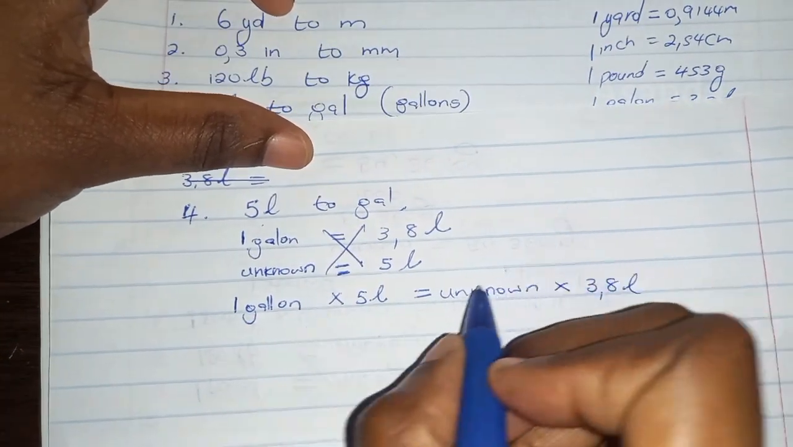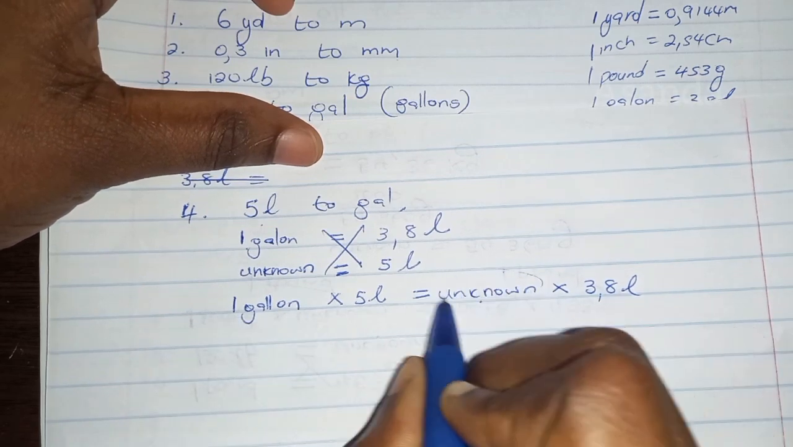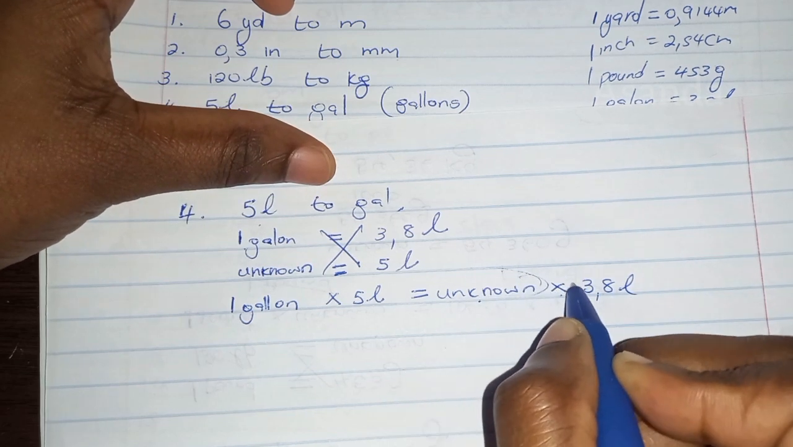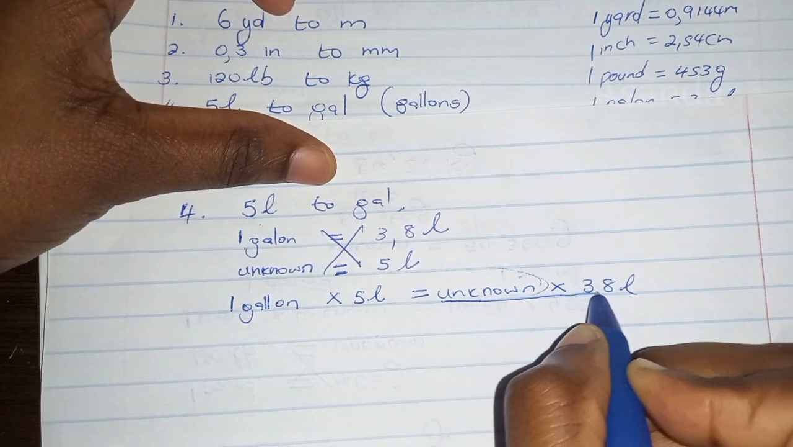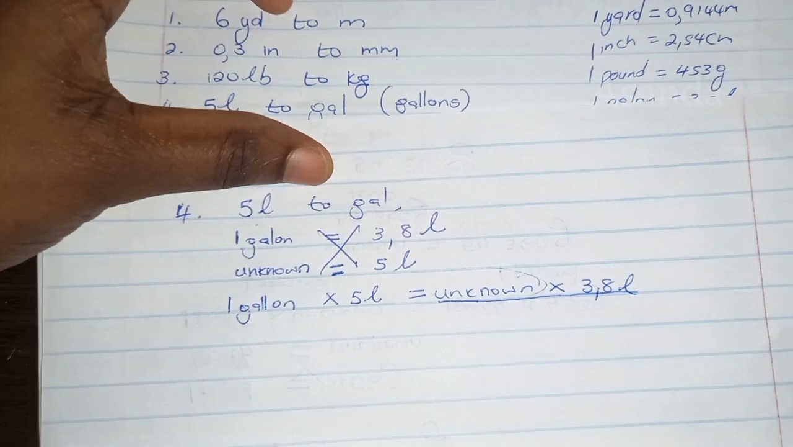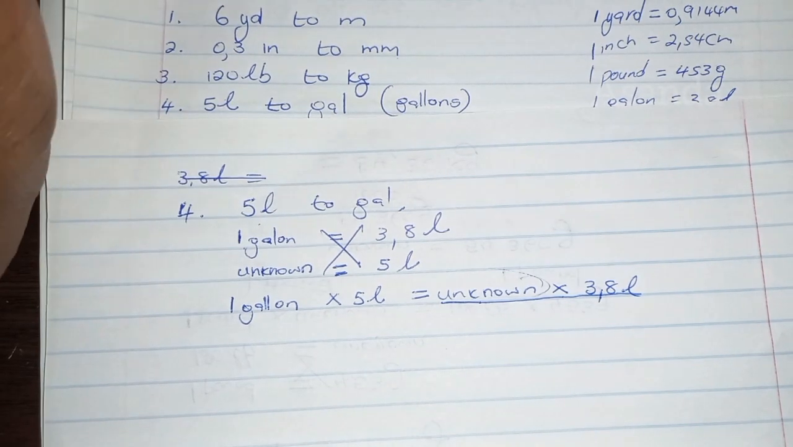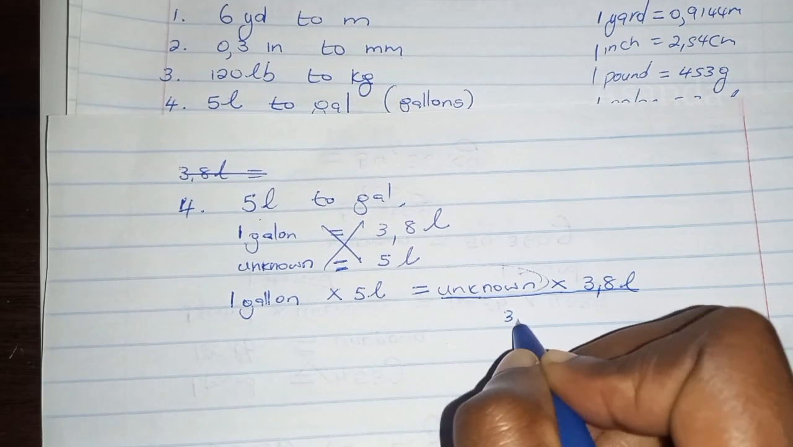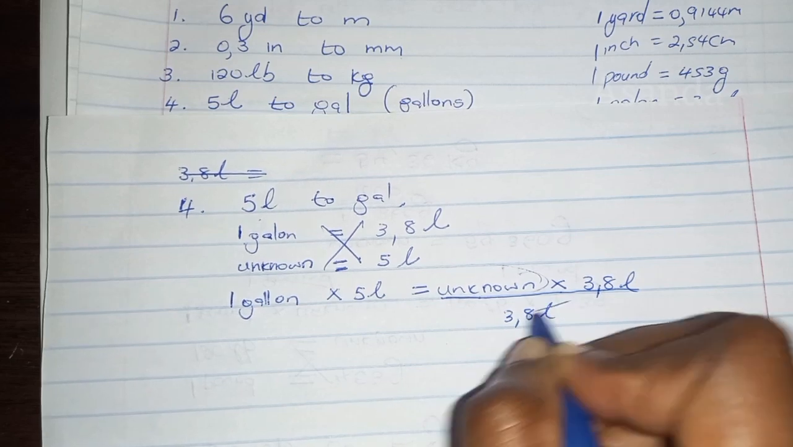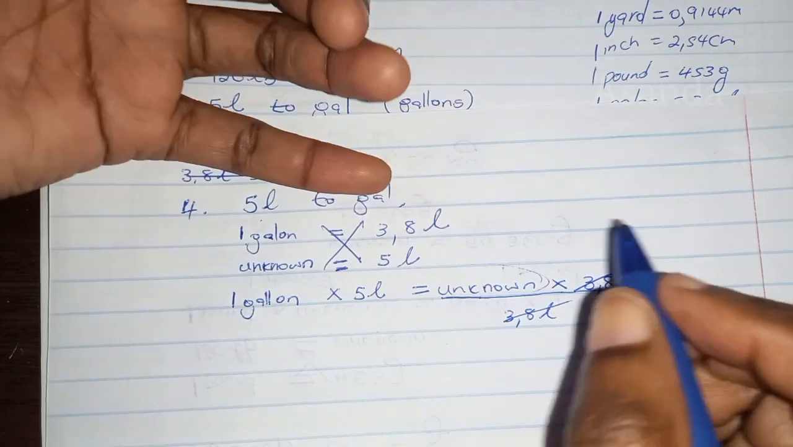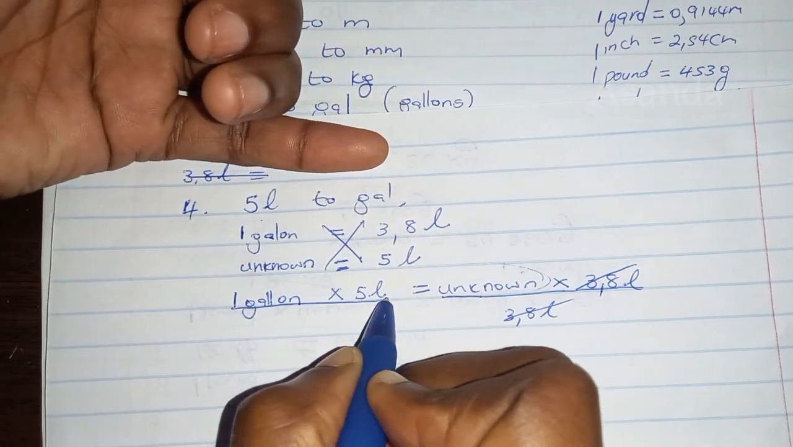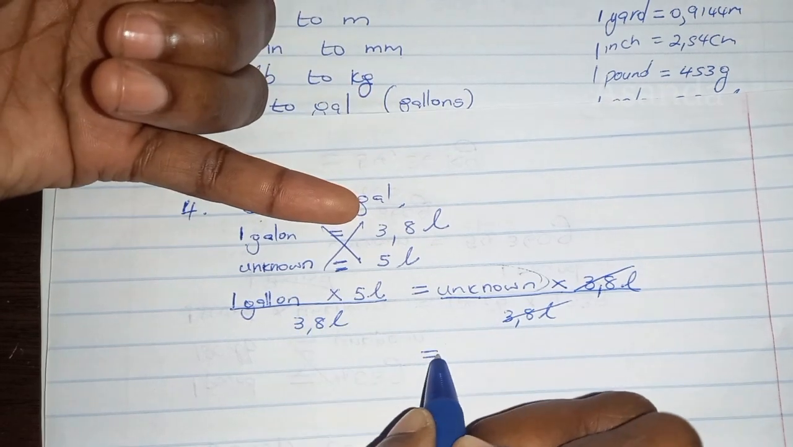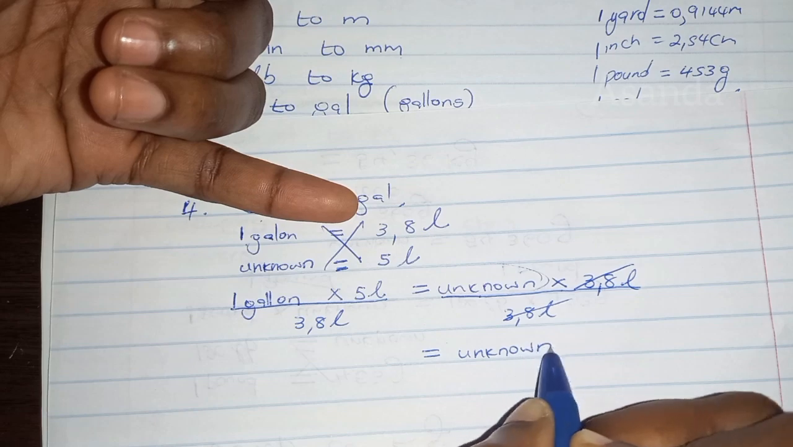And then we're going to say, where's our unknown? There is our unknown over there, multiplying 3.8 liters. So what we're going to do is we're going to do the opposite of multiply, which is divide. And then we're going to divide by 3.8 liters. That will cancel that. Whatever I've done this side and then come on this side, I divide it by 3.8 liters. There we go. So now I'm going to say unknown is equal to,